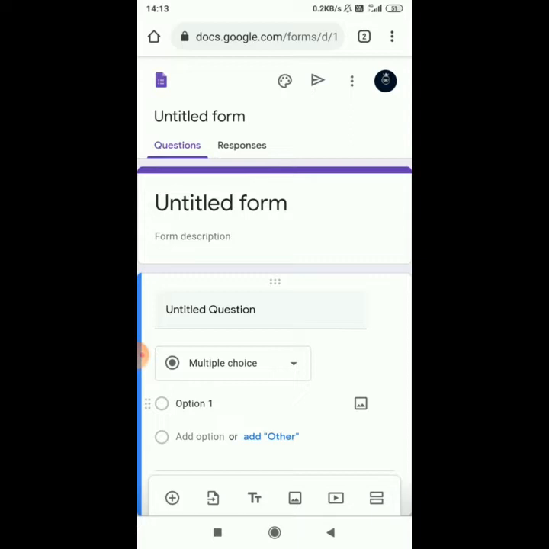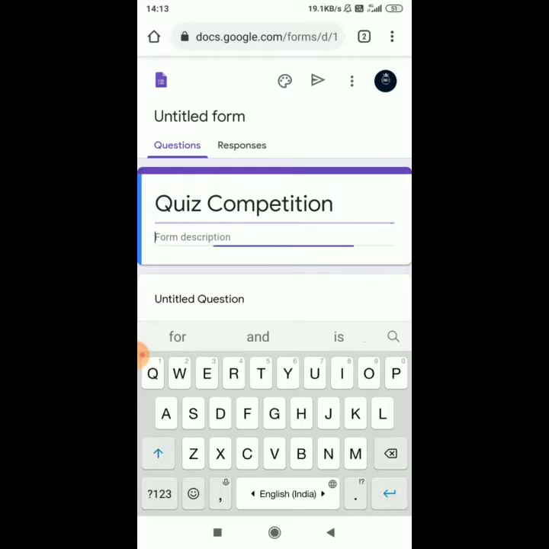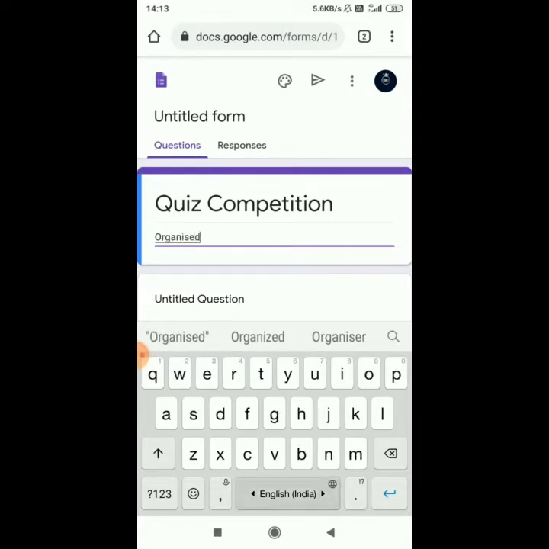So this is an untitled form. We will type here: quiz competition. And below that there is a description. You can enter something about the competition here. We will add something here, like organized by YouTube.